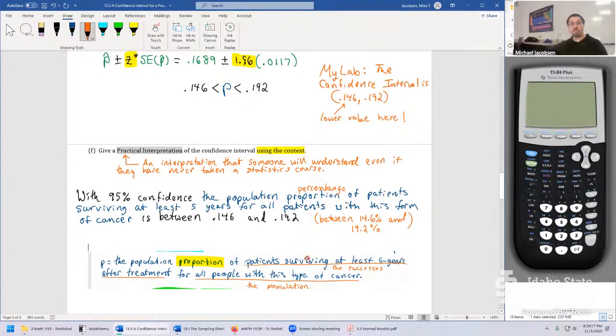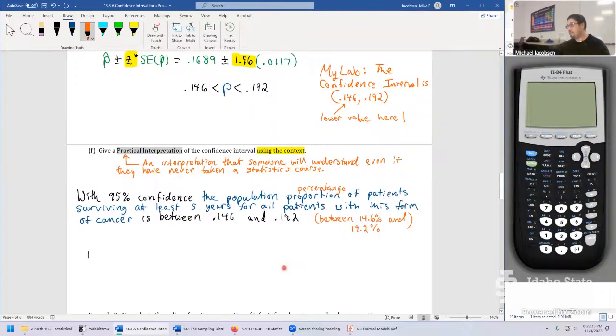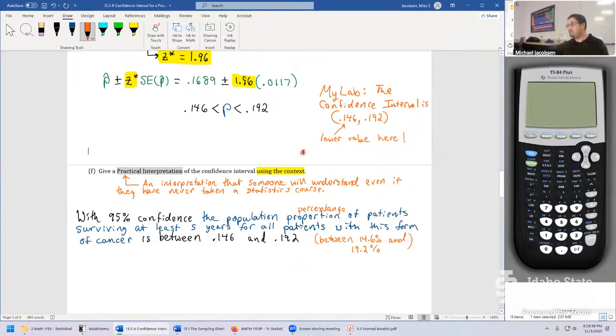It just reuses whatever we said the parameter P was and says what values it's in between. We made it practical by not using a symbol like P or mu later on in chapter 14. And we mentioned the context several times when we talk about the successes and what the study was all about in the first place, the population. So that's quite a lot. There's a lot that goes into this.